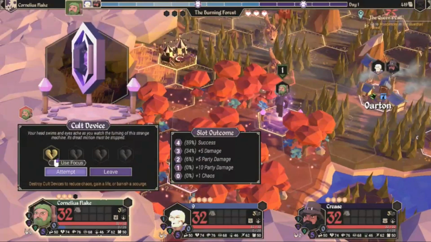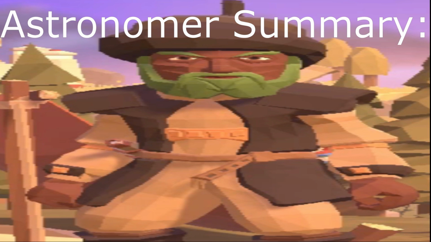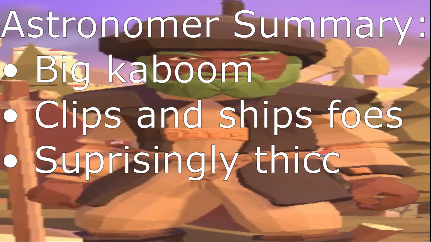His vitality is also weirdly high, just 1 shy of Woodcutter, making him the 3rd beefiest class in the game. Overall, the Astronomer is a very powerful magic damage dealer. With the power of his black hole ability and a slight bit of beefiness, he's basically a magical version of the Woodcutter. Gladiator,